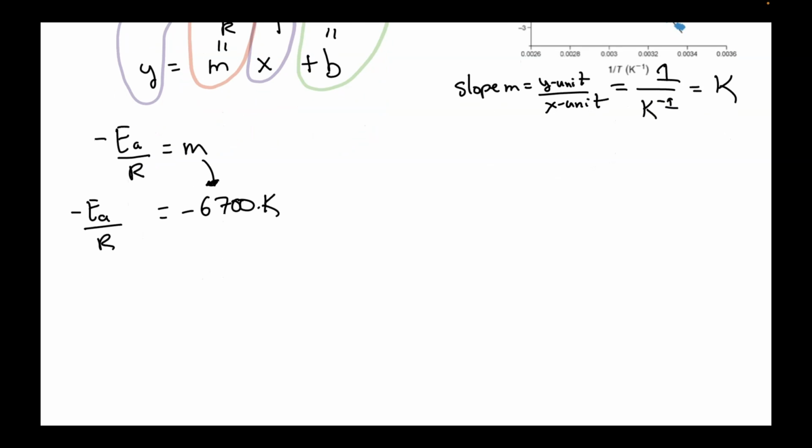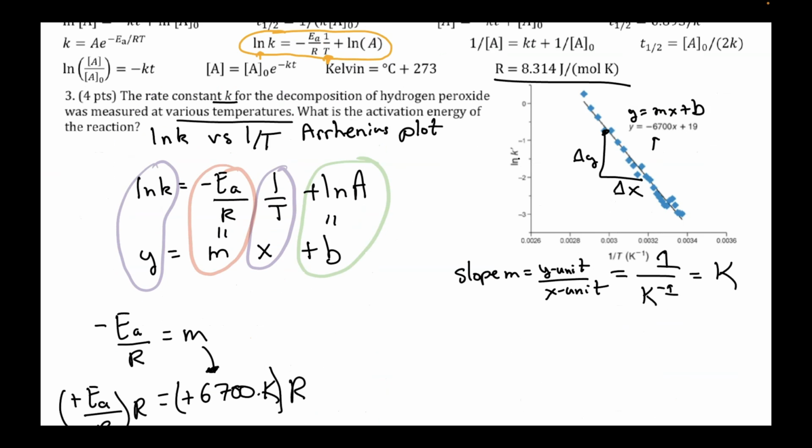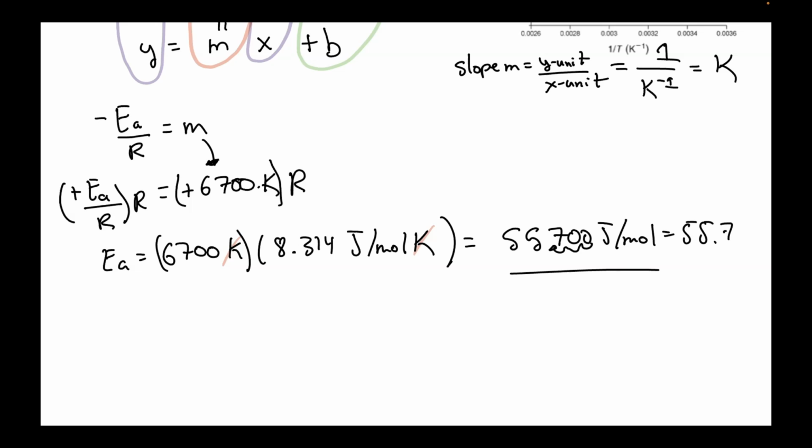To solve for EA, we have a negative on both sides, so we can cancel that. To get EA by itself, we'll multiply both sides by R. So 6,700 Kelvin times our R, which is again off of the equation sheet here, 8.314 joules per mole Kelvin. And that will cancel everything nicely for us. Kelvin will cancel, and we'll get into the correct units of joules per mole. The final answer is equal to 55,700 joules per mole, which if we divide by 1,000 to convert from joules to kilojoules, would be 55.7